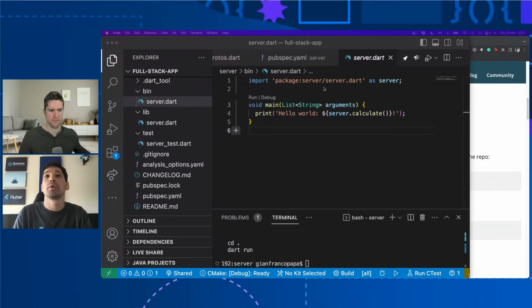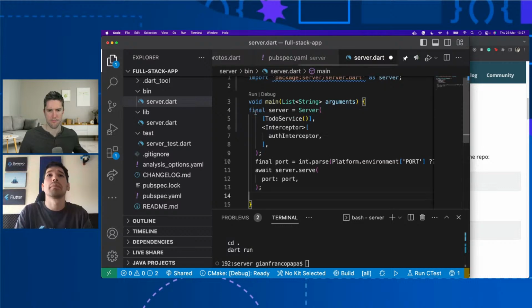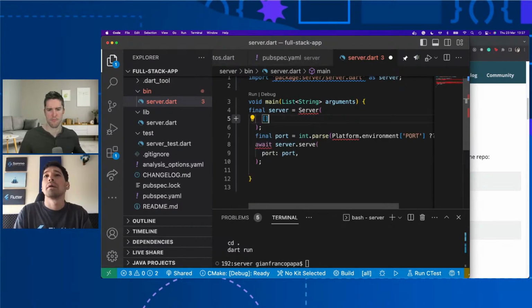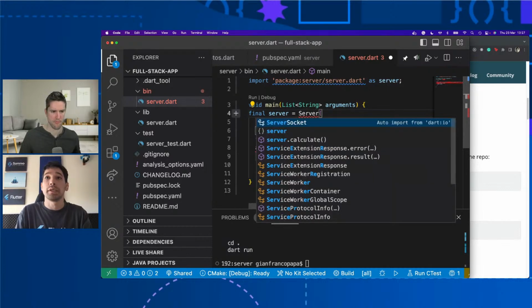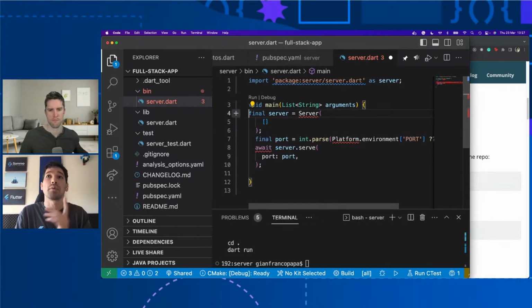Basically we have to define a server. We're going to delete this just for now, but this server will come from the gRPC library. Oh, we also have to install this library because we are in the other project.